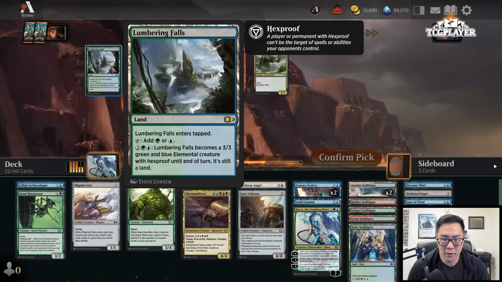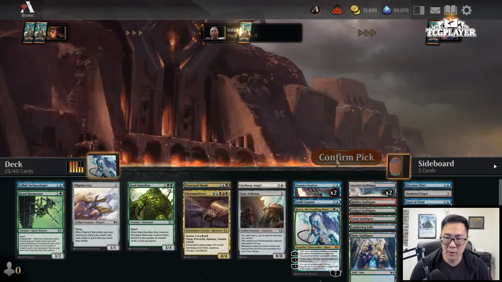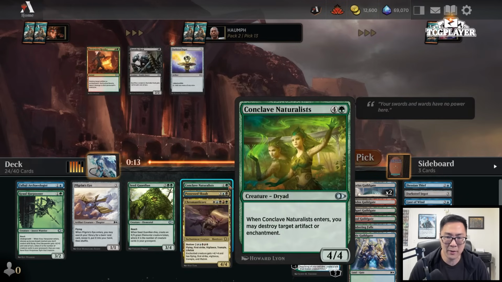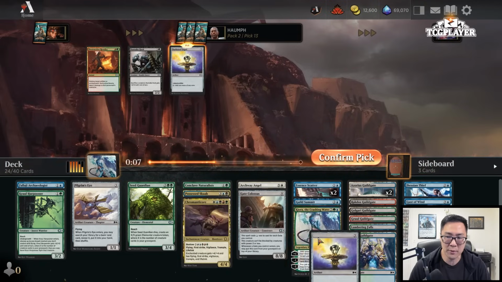Here, there is another... This is not a Guildgate, but it is a creature land. So I think I'm going to take it, given that I'm blue and green, and I don't really care too much for Honored Hydra. Yeah, let's just take the Lumbering Falls for mana. So many things come into play tapped. Actually, I like Naturalist in this format. I'm going to take it. It's a May, and I just think disenchant effects are perfectly fine to play in this format, so...